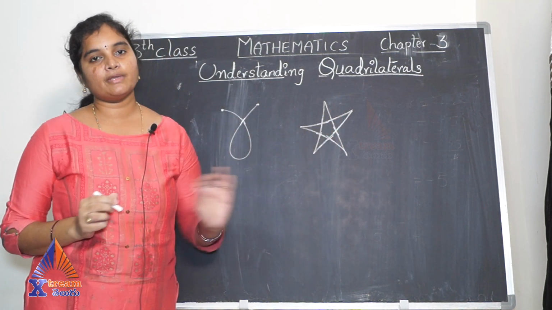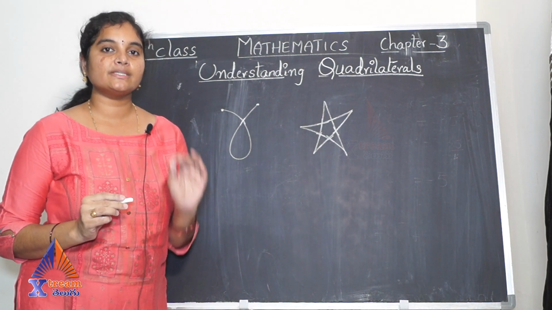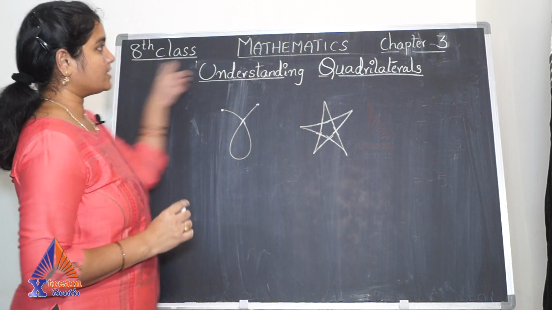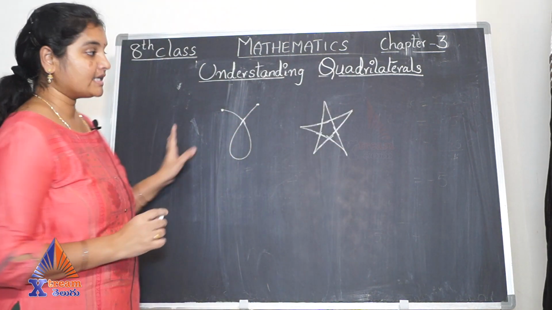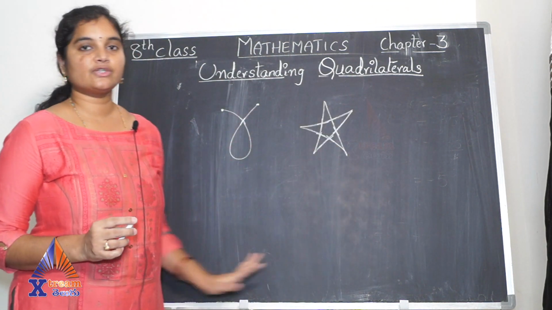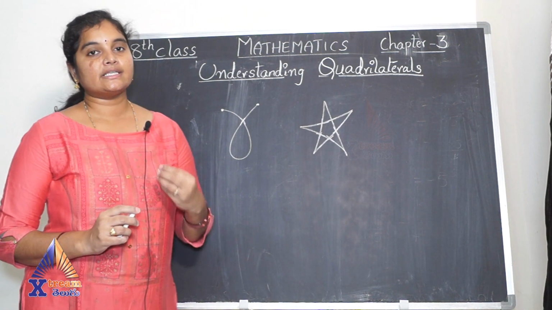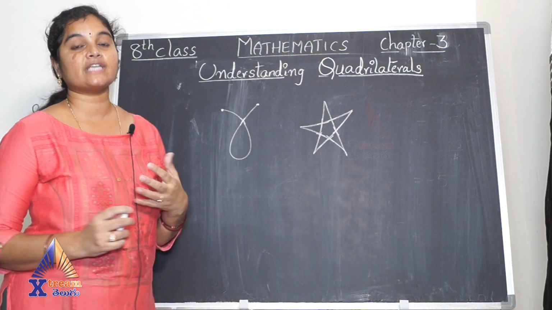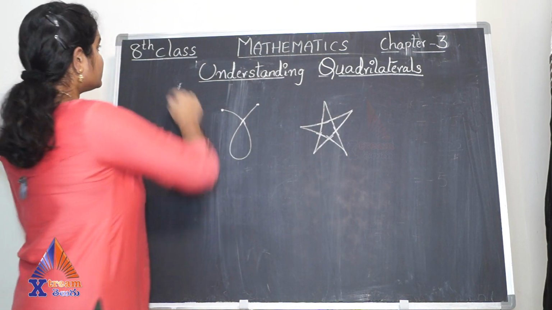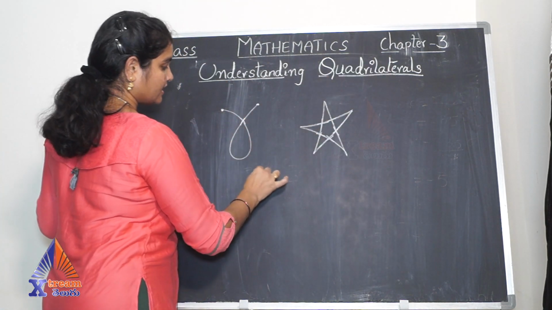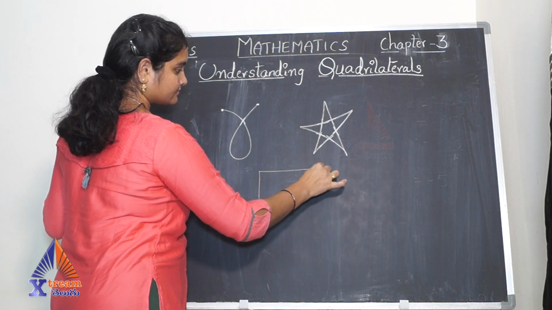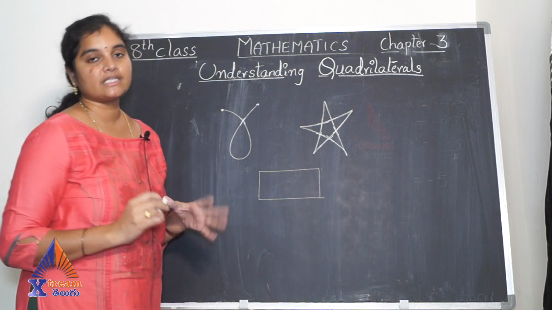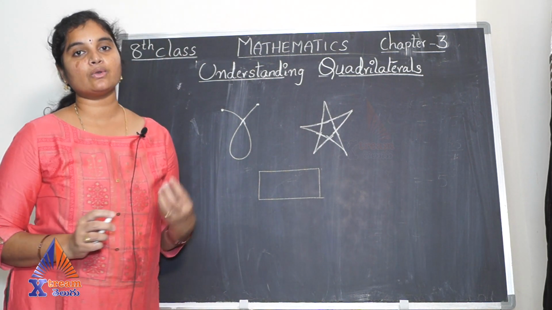So in this topic particularly, we talk about simple closed figures, like the one in front of us, the board. I can say the plane surface of this board is an example of a simple closed figure, in the shape of a rectangle. Because you can see there are no intersections happening. It is clearly in the shape of a rectangle without any intersections. So this is a simple closed figure.